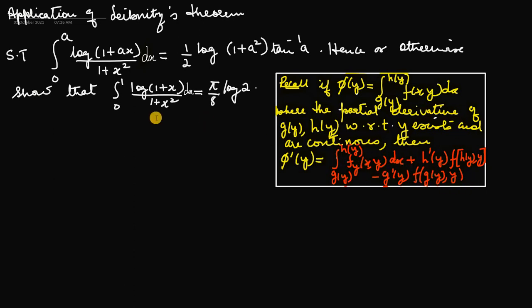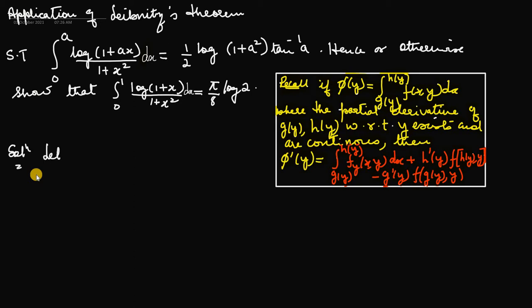So let us apply this one, but please note down that here in place of g(y) it is 0 and in place of h(y) it is a, where the parameter in this case is not y as in the Leibniz theorem, but it will be a. Okay, so now let us solve this problem using the Leibniz theorem. So first step, what we need to do is